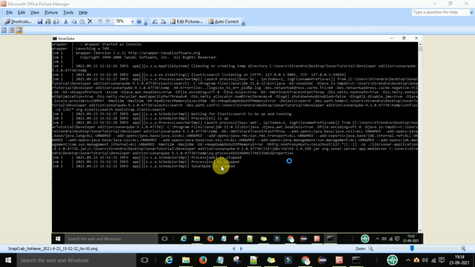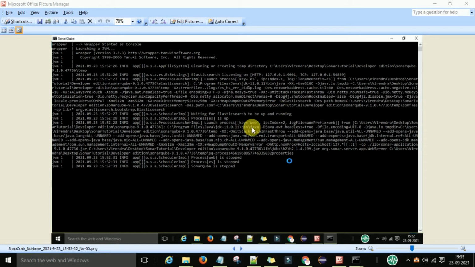This error will come because of three reasons. The first is that your JDK path or JDK version is not compatible with the latest version of the SonarQube server. The second is that the port is already in use. Now how to check, because here you will not get any information in the logs about what the real error is, why SonarQube stopped suddenly.